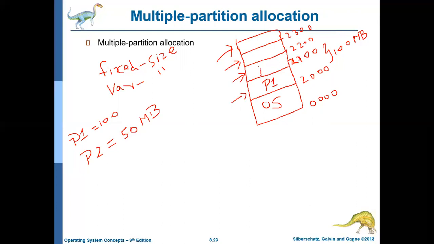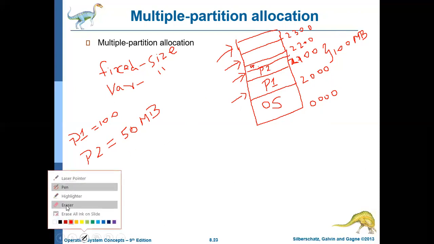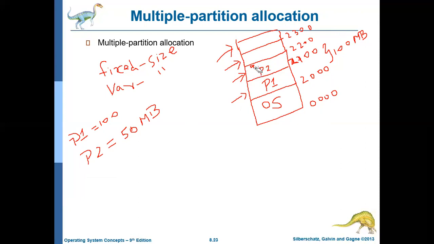But here P2 is going to use only 50 MB. The remaining 50 MB will be wasted. It will not be used by anybody, because we have already divided the memory into partitions, so you cannot do anything further. Whether the process fits the partition or not, there is a wastage of 50 MB. Next, another process P3 comes and needs 175 MB.